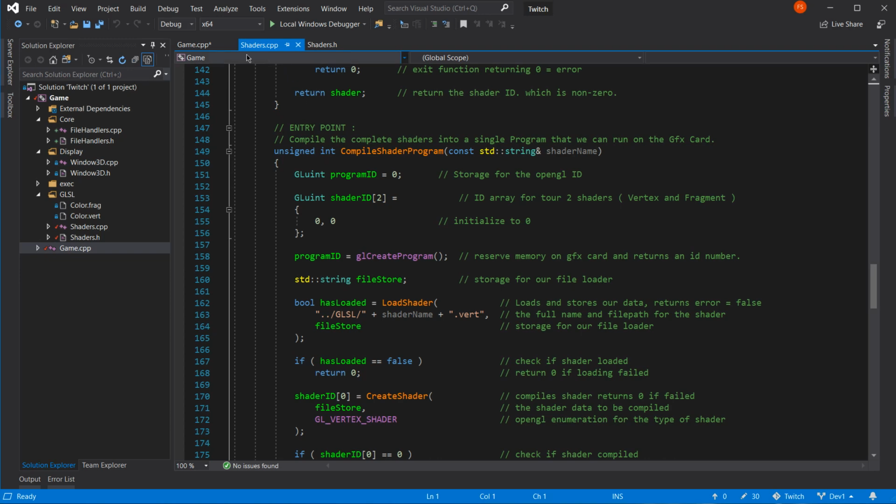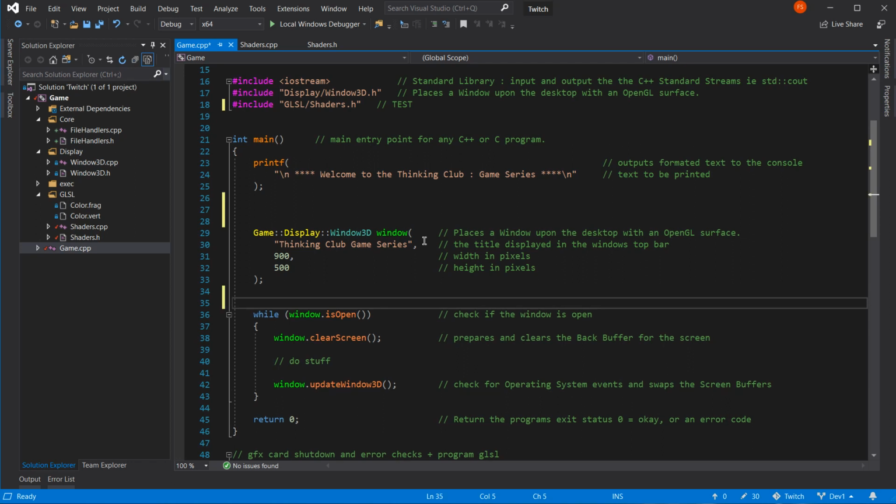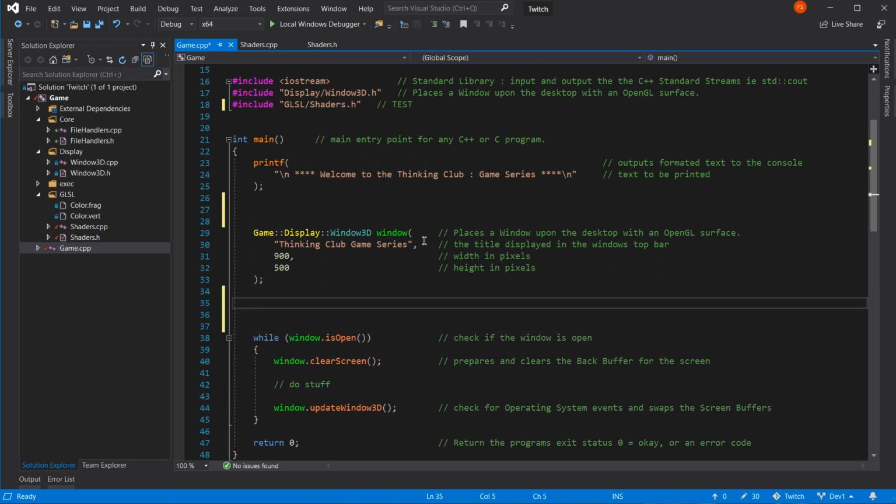Can't do it until after context, which is there. Okay. You shouldn't do it until after context. Bool. No, it's not a bool. It's GLuint.